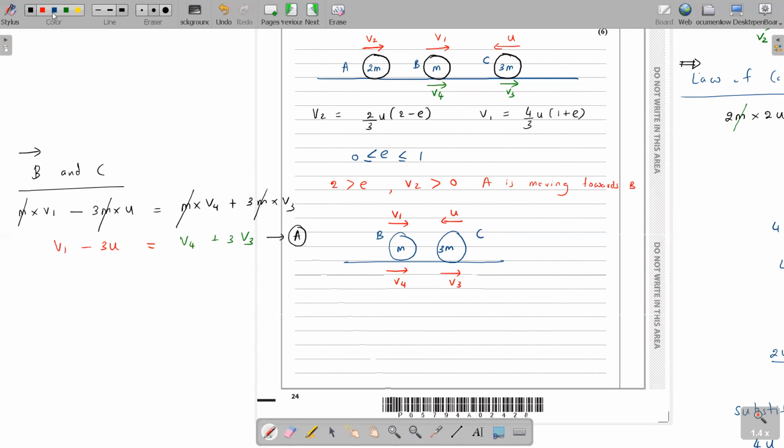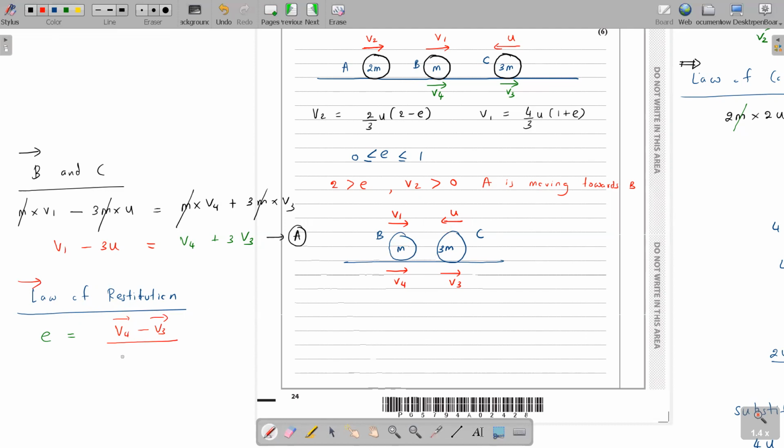Let's go for the next equation, the law of restitution. I will not immediately put the v value. E equals, they have told the E value is the same between both the particles, so equals speed of separation over speed of approach. I'll use positive direction as forward. Speed of separation V4 minus V3 over, you have to switch it.